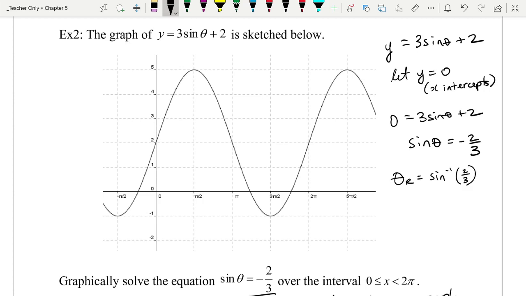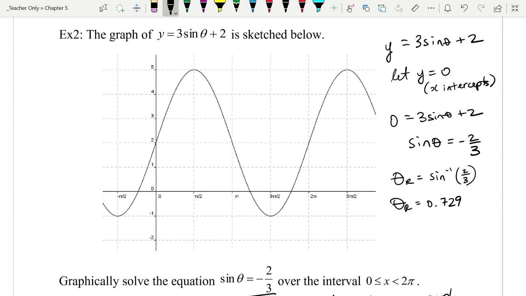So I'm looking for the inverse sine of 2/3, and I don't think that's something on my unit circle, so it's not going to be exactly halfway there. It's not something I'm going to know. The inverse sine, I don't know if I'm in radians, and I can't see my calculator properly. Hold on, I'm going to use a different calculator. Degrees. There we go, radians. So 2/3 inverse sine gives me that theta r is